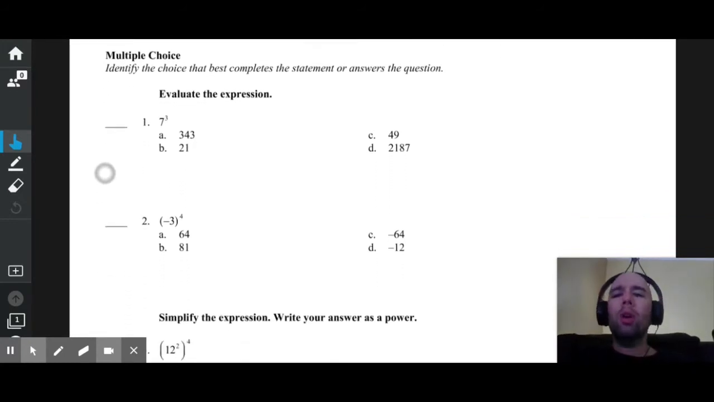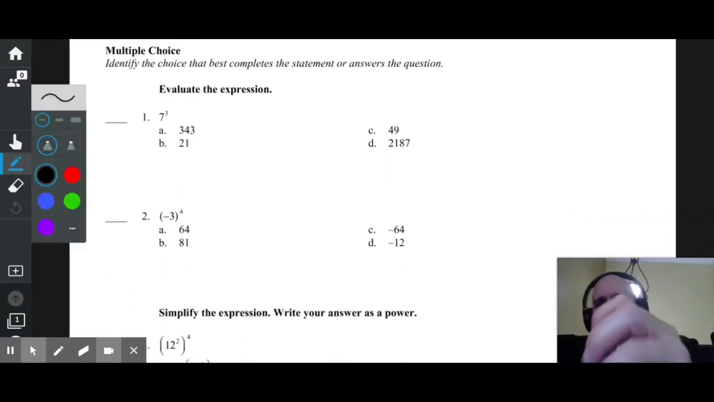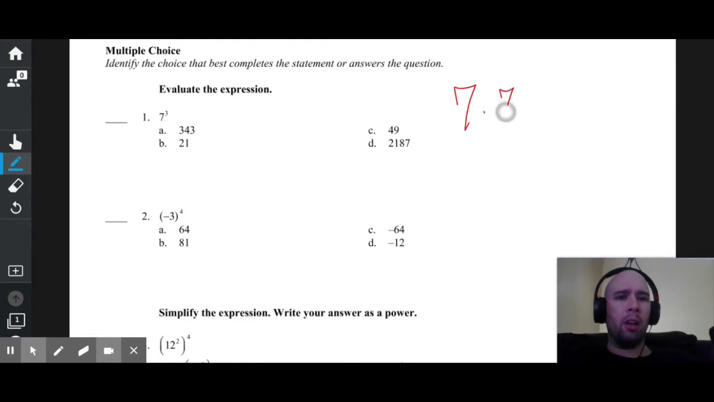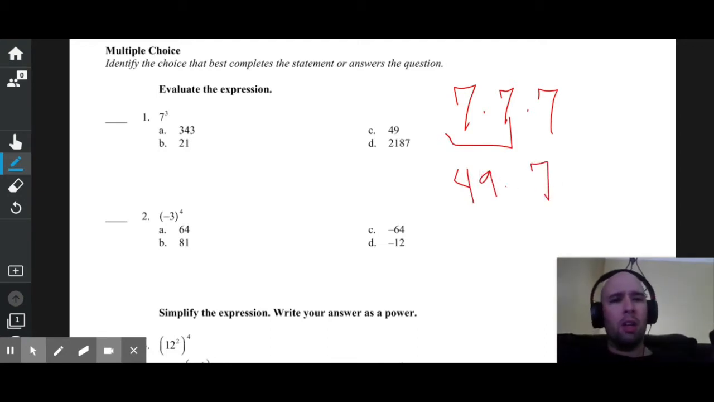Away we go. That's an exponent right there. And exponents traditionally mean you just take that number and multiply it by itself that many times. So 7 times 7 times 7. 7 times 7 is 49. 49 times 7 is going to be